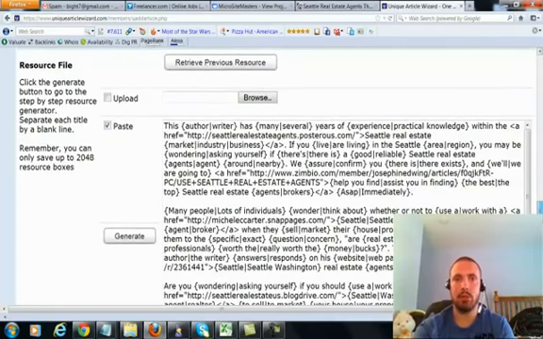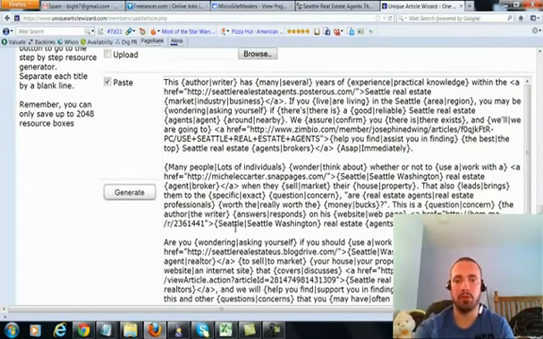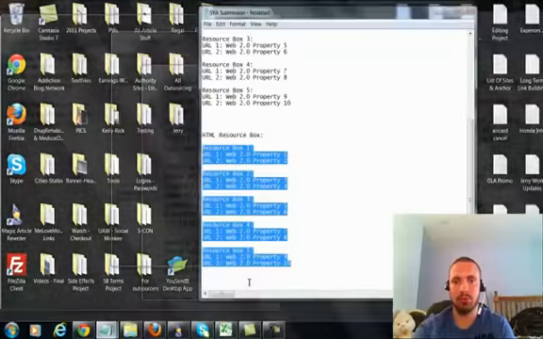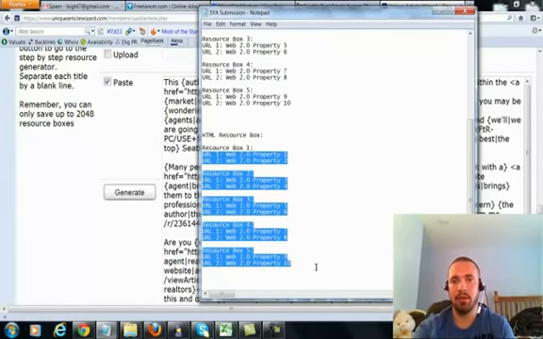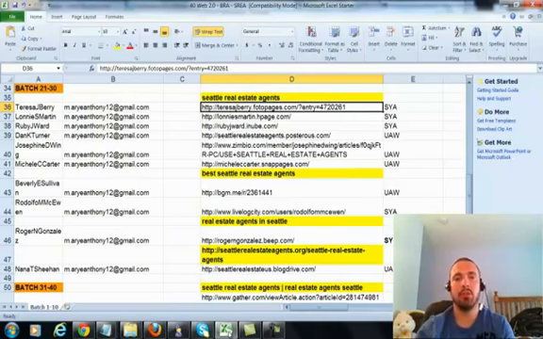Alright, now we get into the important part, our resource boxes. If you guys remember, for the SYA submission, I did Web 2.0 properties 1 through 10. Alright? For my UAW now, I'll be doing Web 2.0 properties 11 to 20. Remember, when I hired this person to do these Web 2.0 properties, I had them do 20 of them. So I did the first 10 in my SYA submission, and I'm doing the next 10 in this UAW submission.